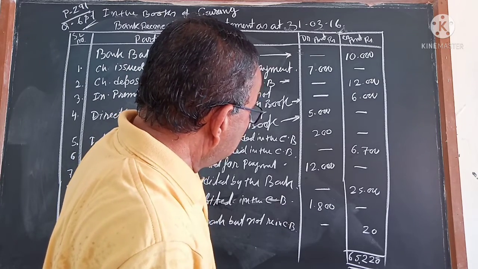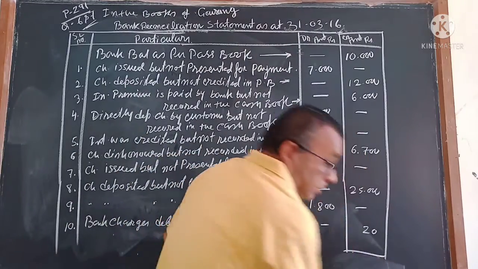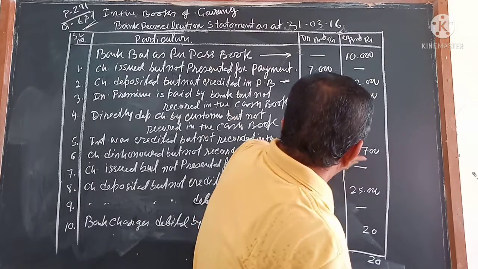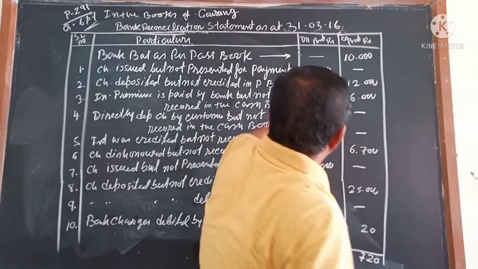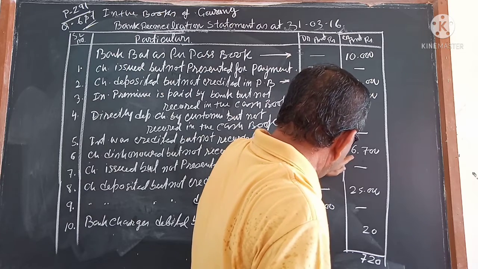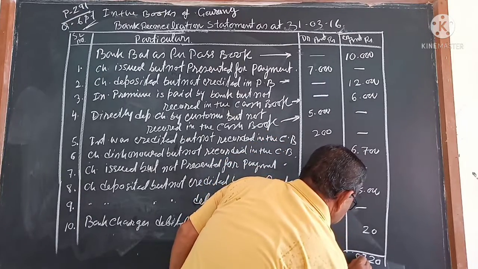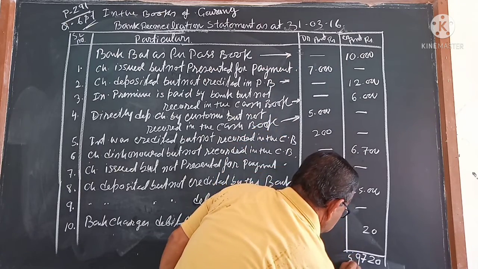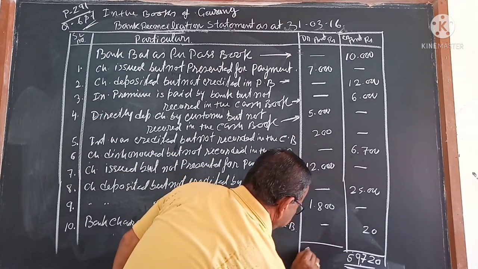Somewhere I have made mistakes, I think so. While I am adding, somewhere we have made a mistake. This is 2. In the third digit only 7 is coming. Yes. And the fourth digit is coming 6 plus 2, 8. 8 plus 6, 14. 14 plus 5, 19. 1 in your hand. 2, 3, 4, 5. Yes. This is coming 59,000.